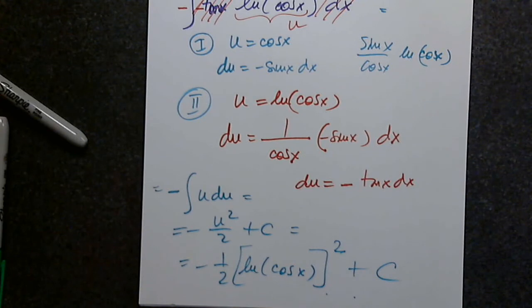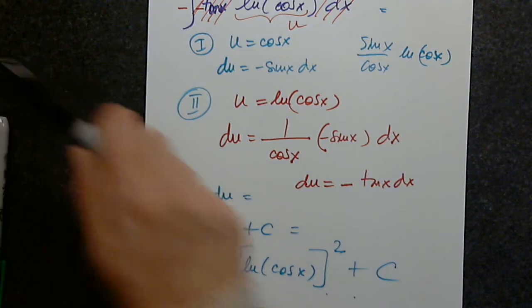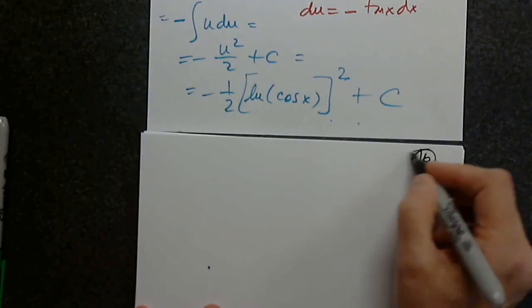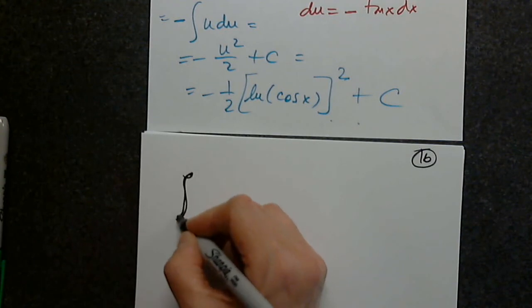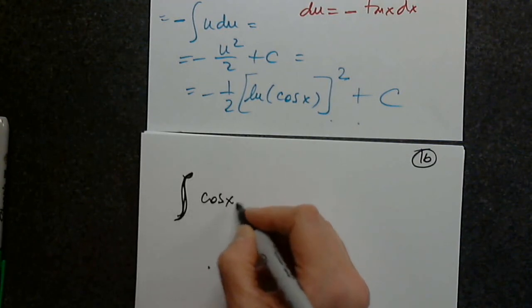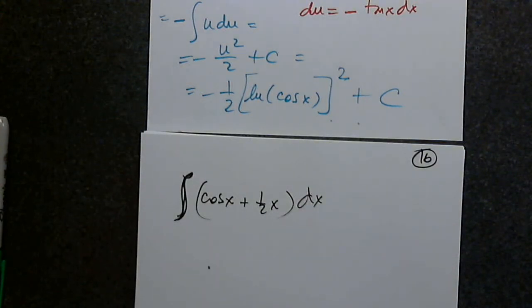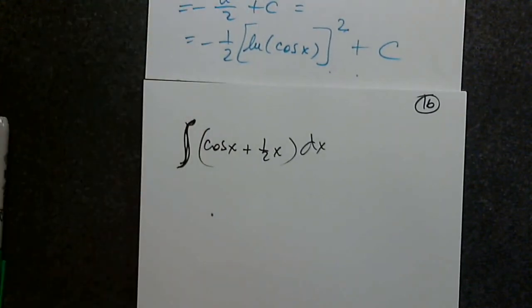So it says find the general indefinite integral, which is the antiderivative, illustrated by graphing several members of the family on the same screen. So we can do that too. So we are given the indefinite integral from cosine x plus 1/2 x dx. Excellent. And I guess they're asking us to choose which one it is. Okay, very good. Thank you. Perfect. So let's find the most general antiderivative, or the family of functions.